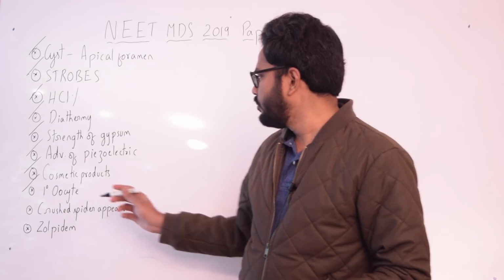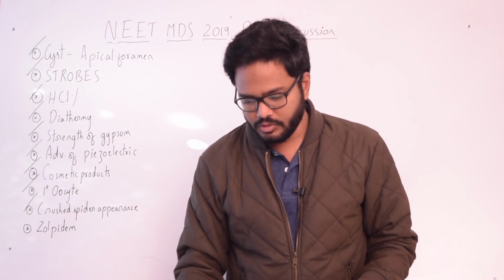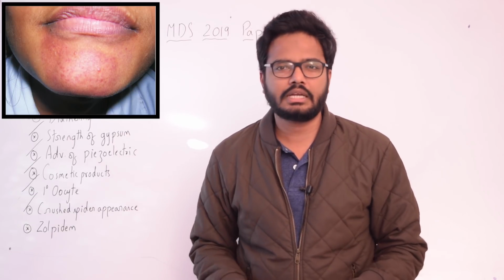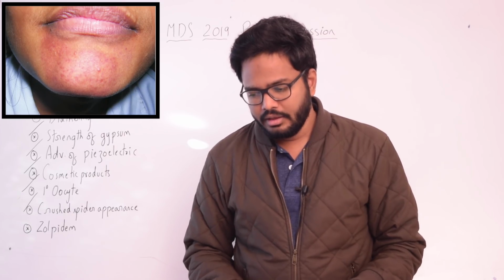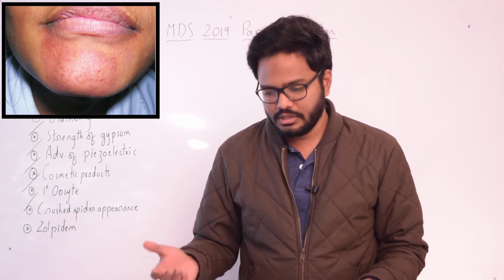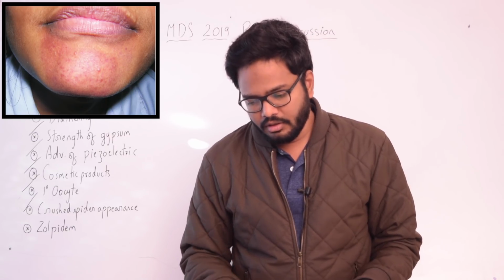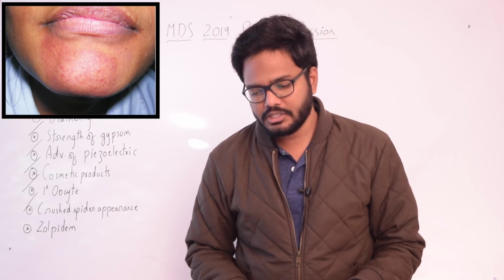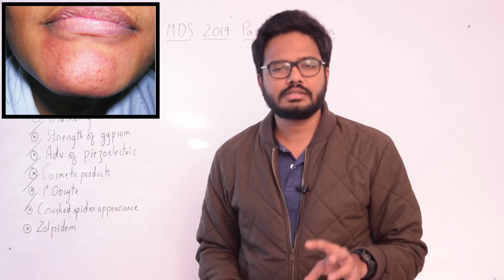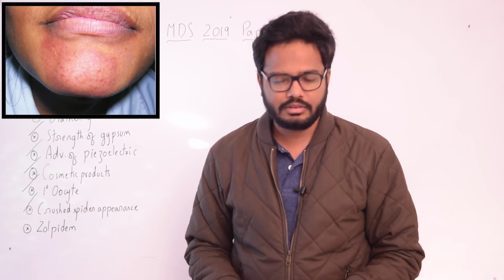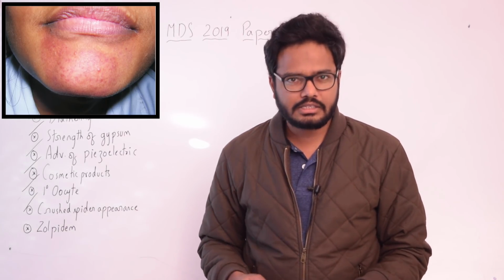Right? Now, moving on to the penultimate topic. Crushed spider appearance is seen in which of the following lesions? It's hereditary hemorrhagic telangiectasia. It was first described by Osler, and it frequently bears his name, Osler-Rendu-Weber syndrome. It's transmitted as an autosomal dominant trait. The typical lesion is a cherry red to purplish macule or small papule that resembles a crushed spider, as you can see in the image. So crushed spider appearance is a feature of hereditary hemorrhagic telangiectasia.